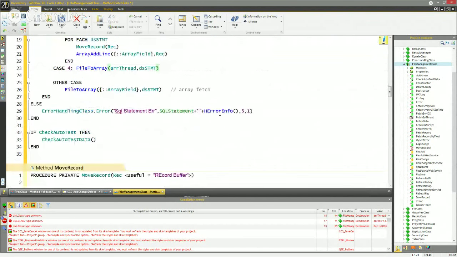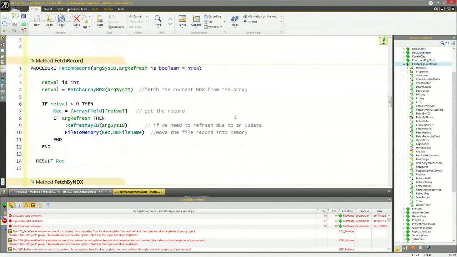Once I've got all that data, boom, it's now in the array. I can display it on a table and go on from there. So let's go to the fetch record. Now, the second thing is that anytime you press the update or change record,